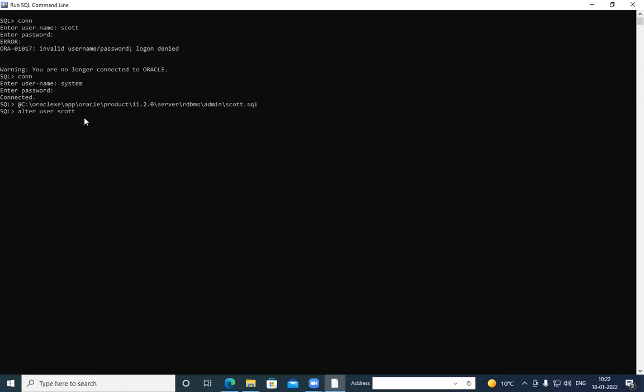If it gives some problem, we can just try another way. Alter user Scott account unlock. So it is giving us some problem. Maybe we are not logged in as system user, because when we executed the file, we were connected as Scott user, I suppose. So I'll connect again here.